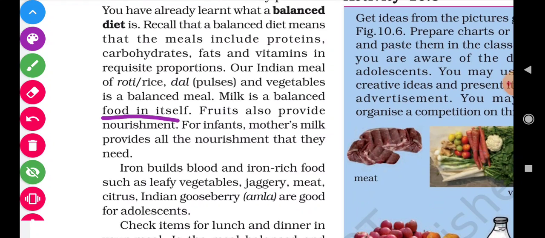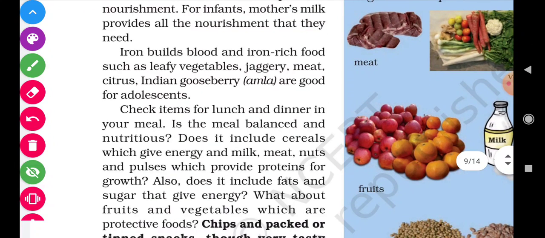Milk is a balanced food in itself. Generally, milk is called the complete food, which gives all the nutrition required inside the human body. Fruits also provide nourishment. For infants, mother's milk provides all the nourishment that they need. यानी कि नवजात शिशु जो होते हैं वो जो माँ का दूध पीते हैं उसके अंदर सभी नरिशमेंट और न्यूट्रिशन उनको मिलते हैं. Iron builds blood and iron rich food such as leafy vegetables, jaggery, meat, citrus, Indian gooseberry, आंवला